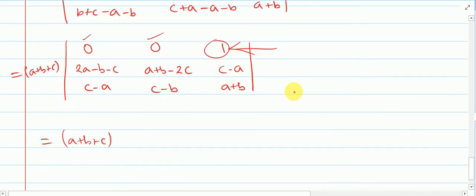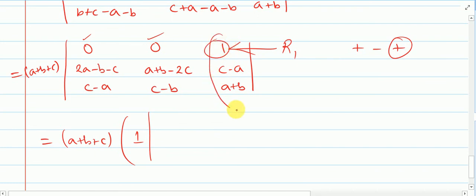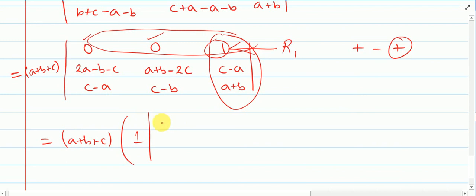Now we are expanding along the first row. So we know this sign pattern, plus minus plus, so plus we have to put, so no need to write over plus. Okay, and this is 1, so 1. Now we have to delete this column and this row. We are left with this 2a minus this, a plus b minus 2c, c minus a minus this. Okay,